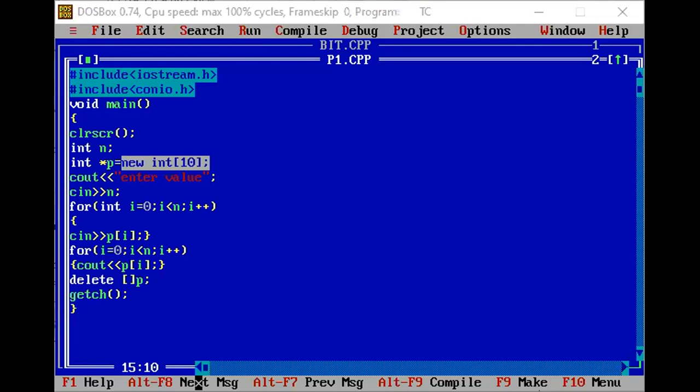Now, to extend this program, I will make some changes here, to show how you can find the sum in an array. Okay.